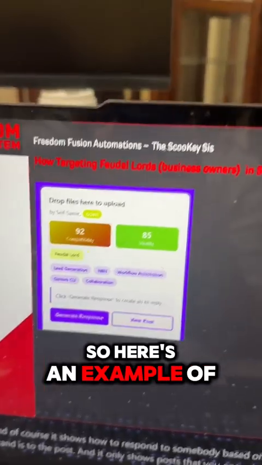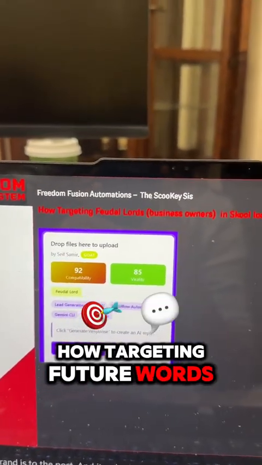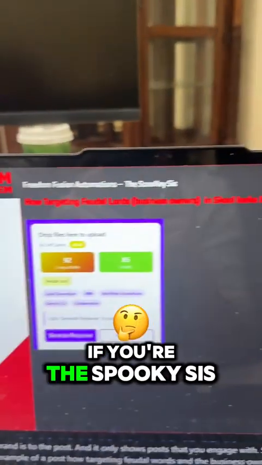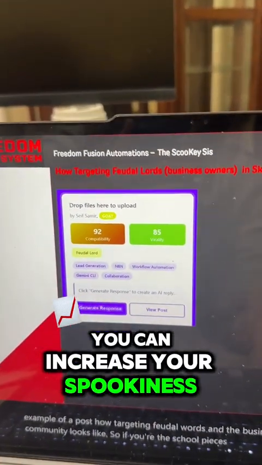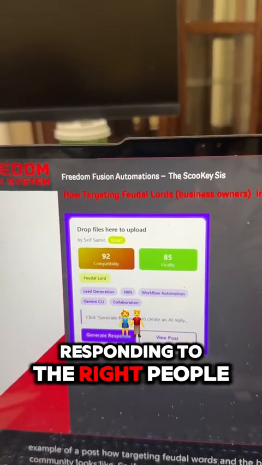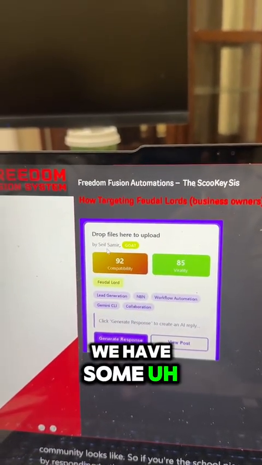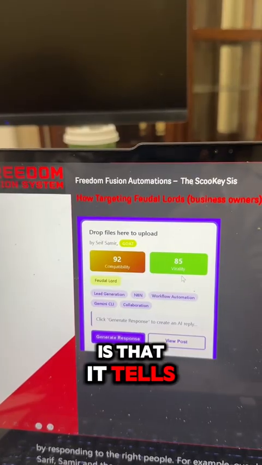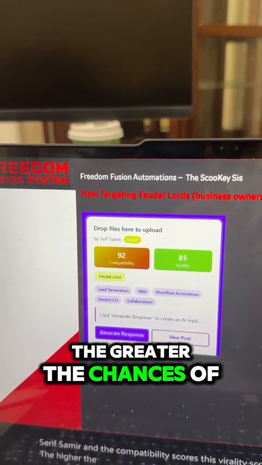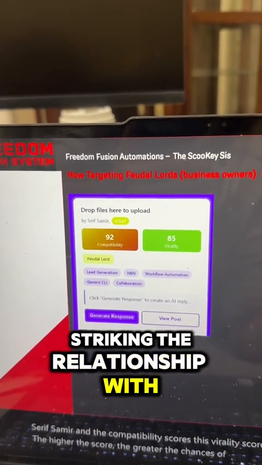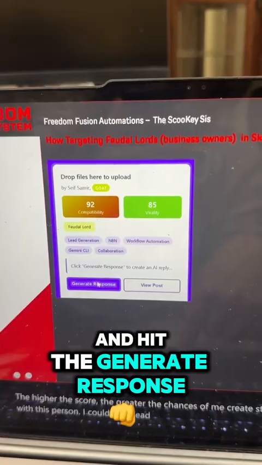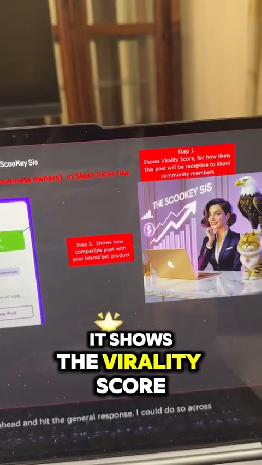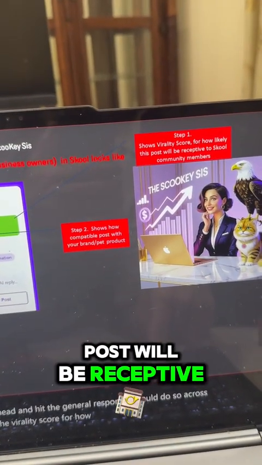So here's an example of a post, and what targeting feudal lords and business owners in school community looks like. With the Skooky Sys, you can increase your skookiness by responding to the right people. For example, over here we have Sarif Samir, and the compatibility score is this, the virality score is that. It tells me the higher the score, the greater the chances of me striking a relationship with this person. I could go ahead and hit generate response. I could do so across multiple posts, and it shows the virality score for how likely this post will be receptive in school,